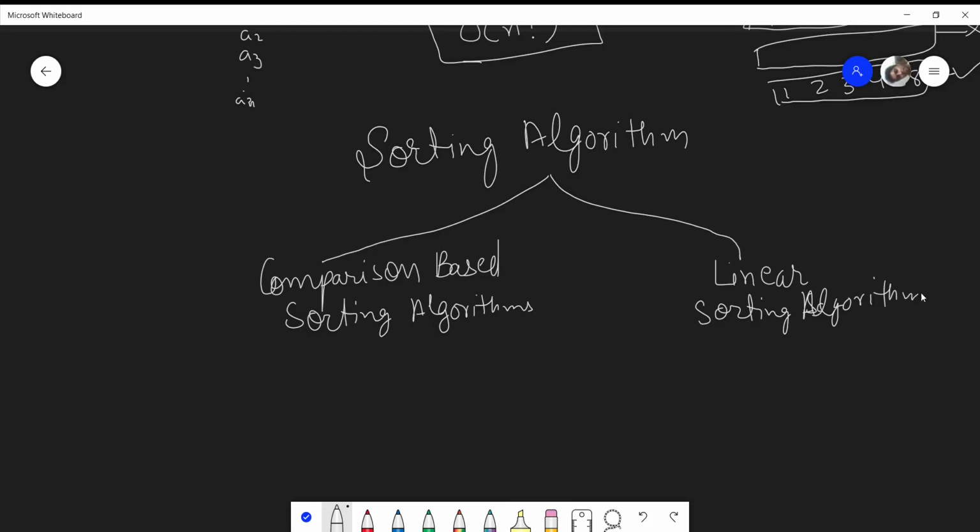So what is the main distinguishing factor? What are comparison based sorting algorithms and what are non-comparison based sorting algorithms?